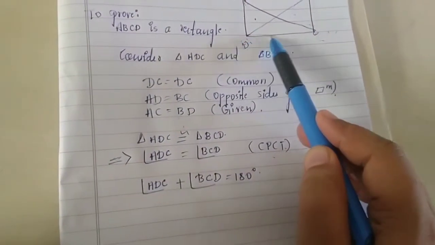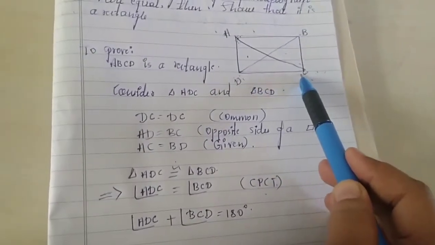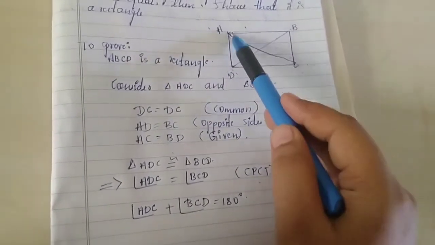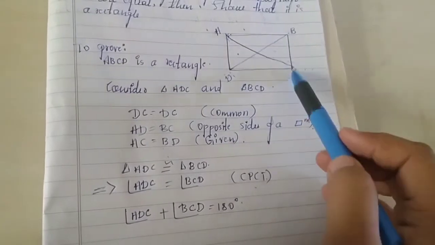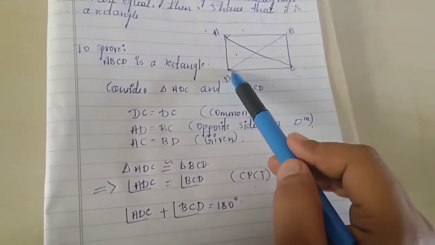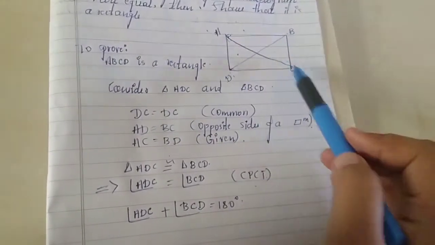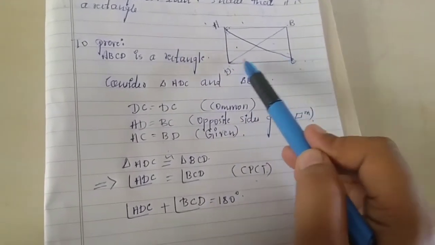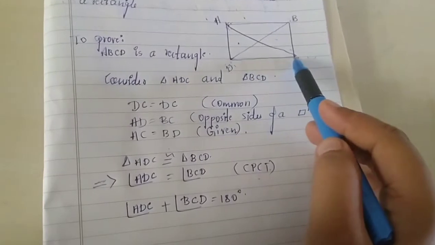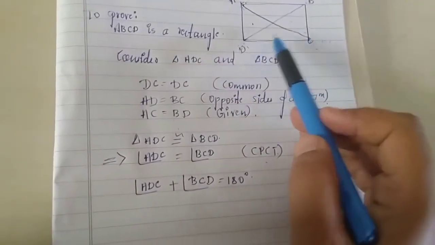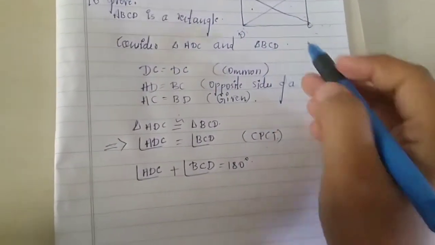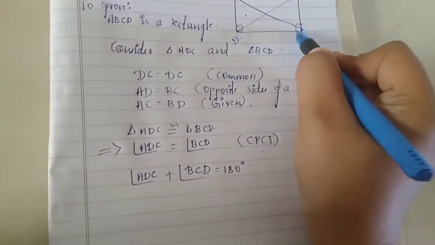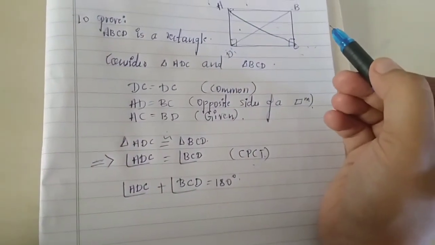Now DC is there, no? This is your transversal. DC is intersecting these two parallel lines, isn't it? So now you can see it, this is cutting these two parallel lines, right? So for that sake DC is a transversal over here, right? So if this is a transversal, one property is there, right? The sum of angles on the same side of the transversal will always be equal to 180 degrees.